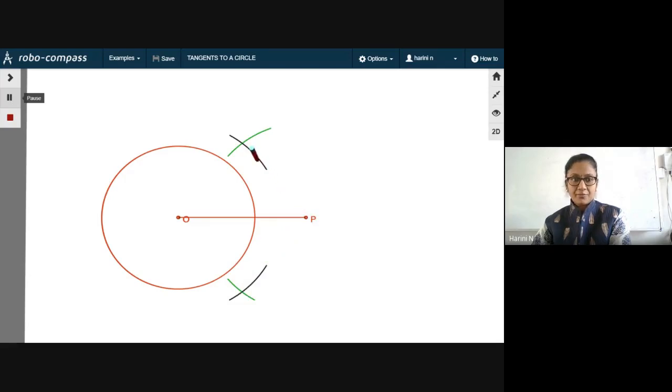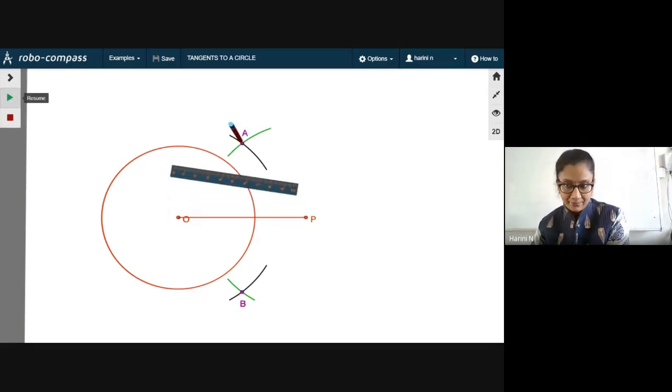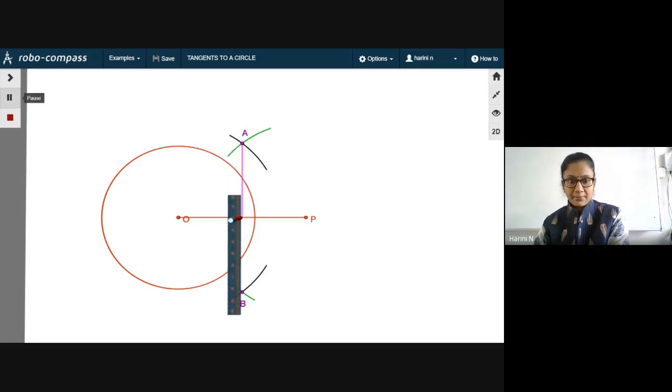Can you see the points of intersection? I will mark them and name them A and B. Okay, so I have marked A and B, the points of intersection between the two arcs. What do you think I have to do next? I have to join AB with a straight line. When that line intersects OP, you will get the midpoint of OP, or you have bisected OP. All right. So the next step is you will join A and B. Okay. Do that. Join A and B.